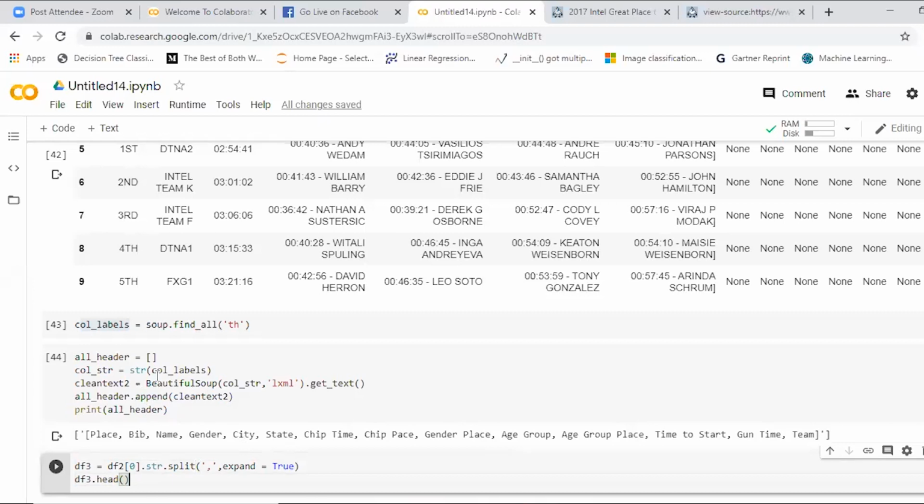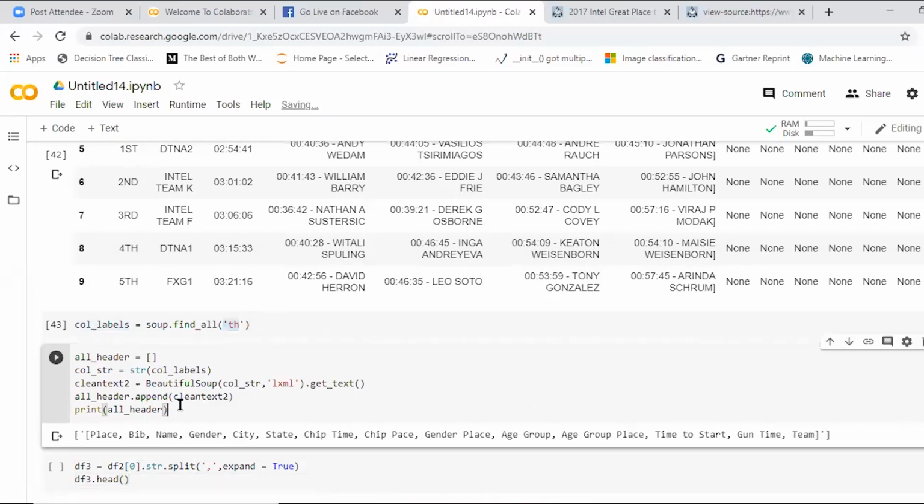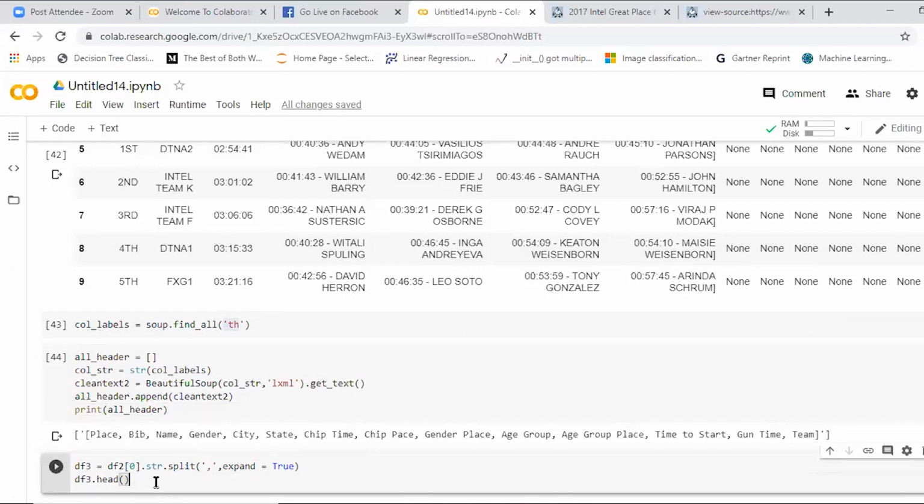The last thing is, we are talking about cell 44. Here we are creating the column labels, because we don't have any column labels in the top one. We need to give out the names for the columns. With the help of that, we go for table headers. TH stands for table headers. We convert the table headers into a list, right? We use this table headers, right?